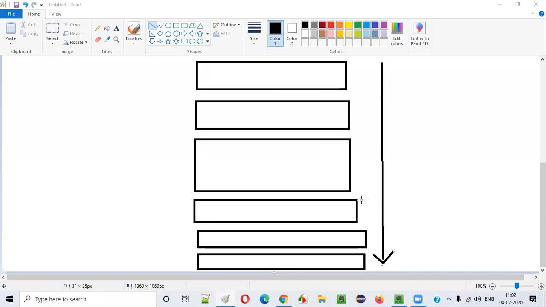Yes, someone is saying we should start very sharp at 8 p.m., and everyone has to join by 8 p.m. Yes, correct, that will be very good for everyone if everyone joins on time. So we'll be starting very sharp every day. Whatever timings I mentioned will definitely be followed, guys.